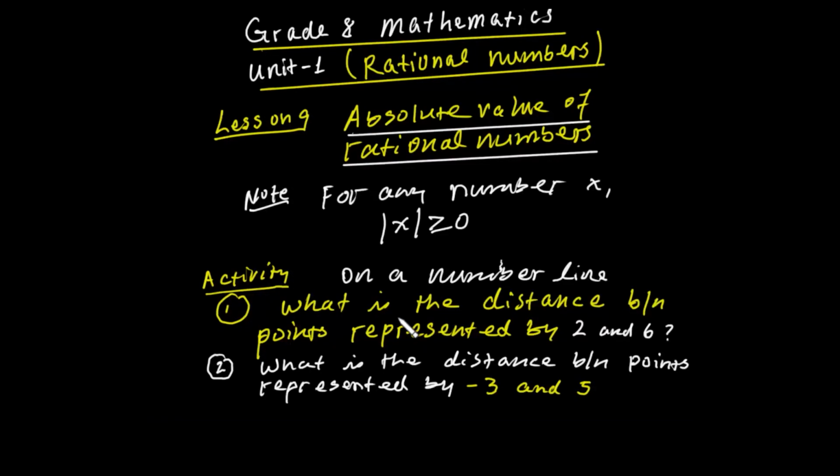On a number line what is the distance between points represented by 2 and 6? ሁለተኛ what is the distance between points represented by -3 and 5? የነዚህን የሁለቱን መልስ በአንድ ነምበር ላይ ለማሳየት ሞክራለሁ ኔክስት ፔጅ ላይ።